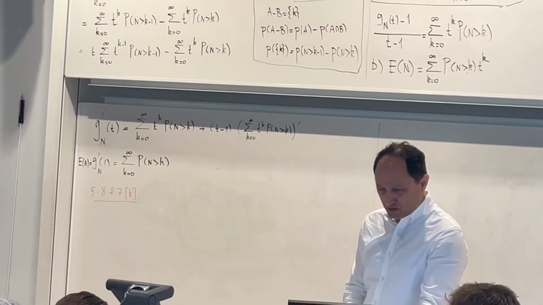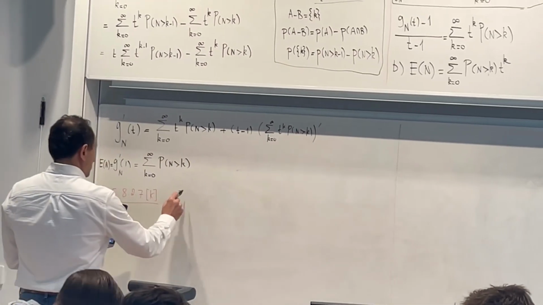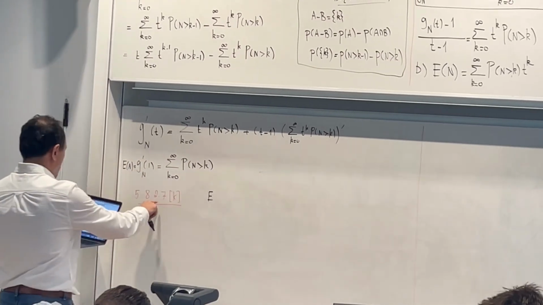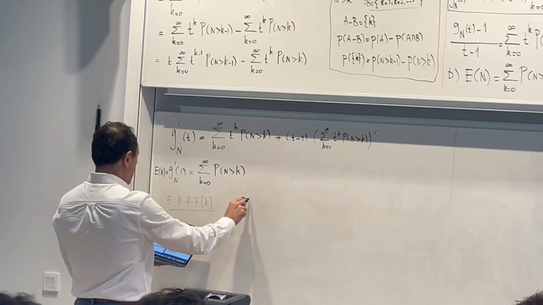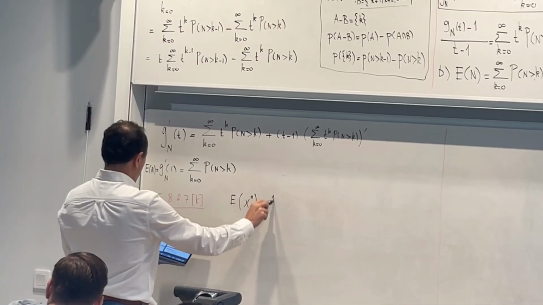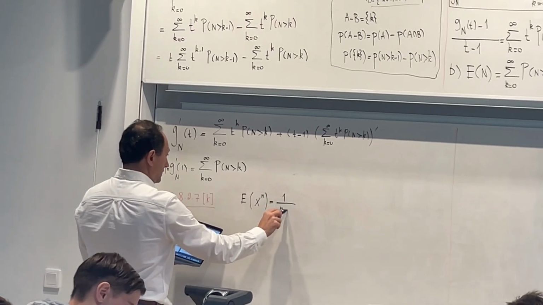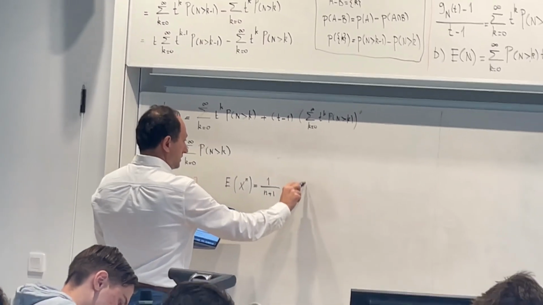This is given, and please check if I have done these numbers right, because I have them in different files. So E of X to the n is given to be 1 over n plus 1. And then I want to find the distribution